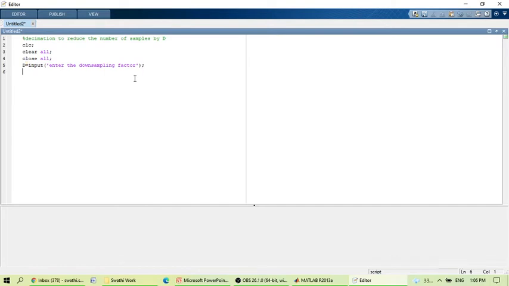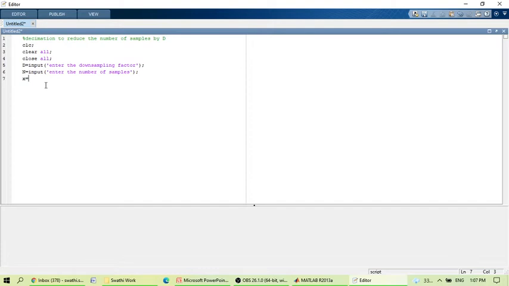After that, I am taking a time variable n. For example, I can enter the number of samples also, that is, how many samples I want to design in the input. So those many samples I define here. So n equals input, enter the number of samples. Here N equals the number of samples in the given signal x of n.